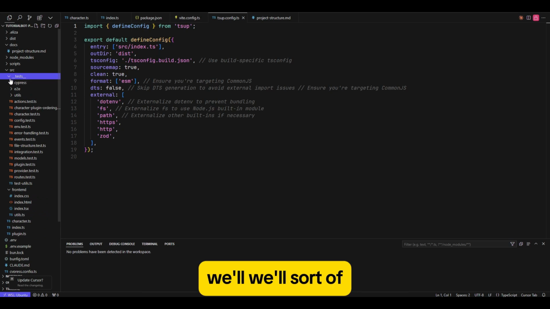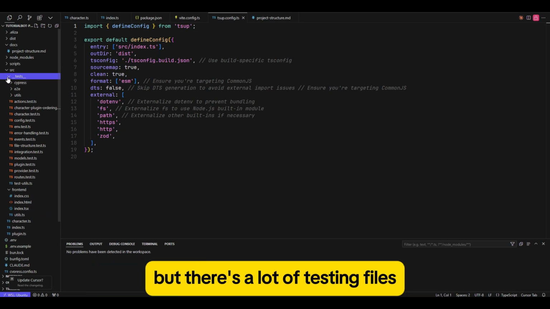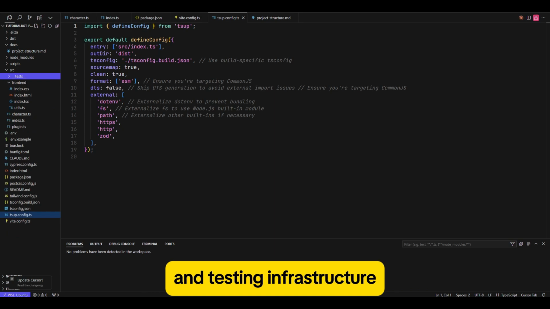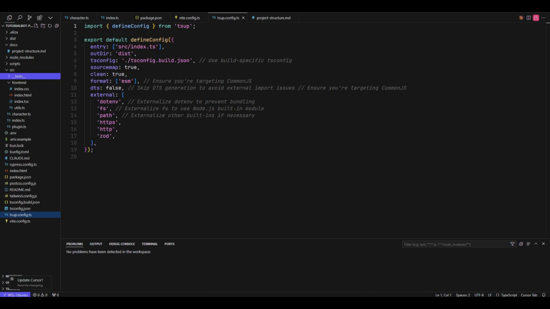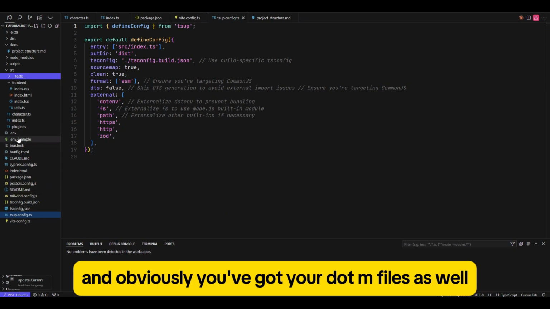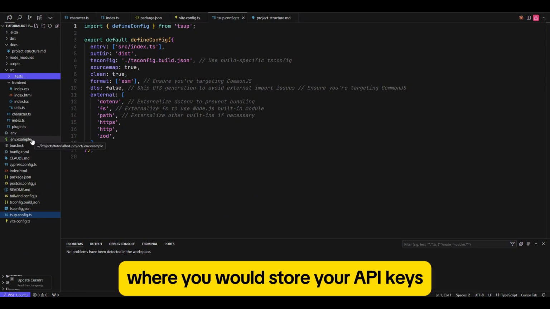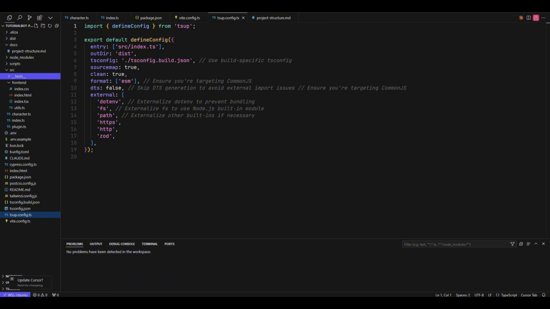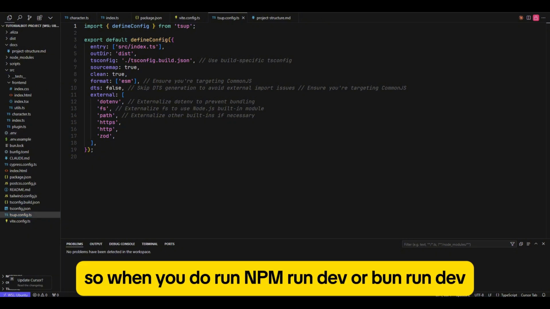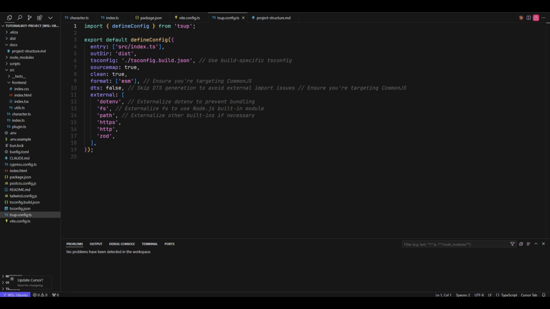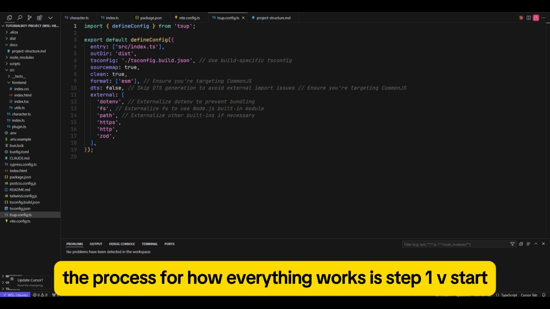We'll sort of discover these as we go through the tutorial, but there's a lot of testing files and testing infrastructure included in the project. And obviously you've got your .env files as well, where you would store your API keys. So when you do run npm run dev or bun run dev, the process for how everything works is step